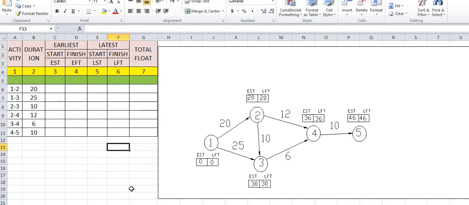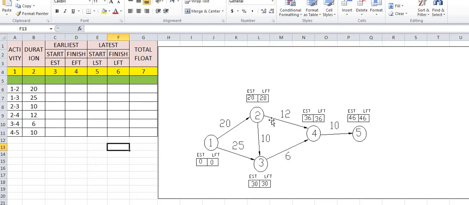So depending upon the given data, we have to draw the network diagrams, then we have to calculate EST, LFT, that is earliest start time, latest finish time, and depending upon this earliest start time, latest finish time, we have to find out the remaining things. Okay. So first we will